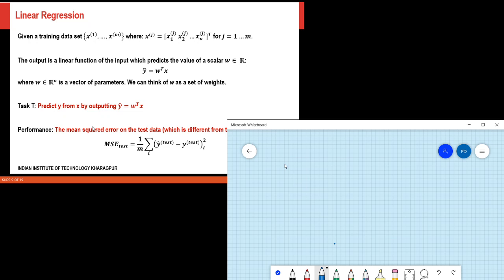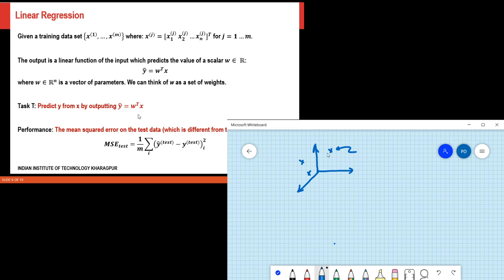So if I look at the n-dimensional space, I have these n different dimensions. Let's say if n is 3, then I have these 3 different dimensions, and obviously each data point here is an n-dimensional vector.